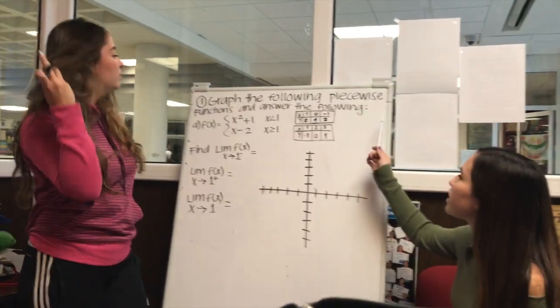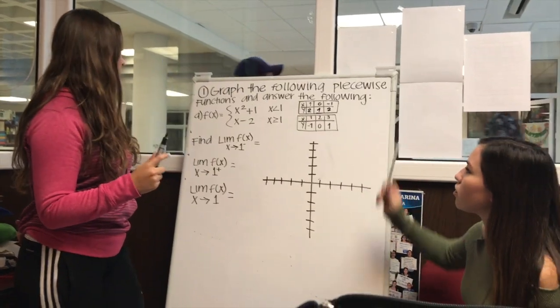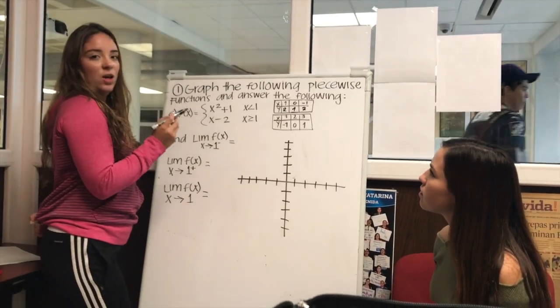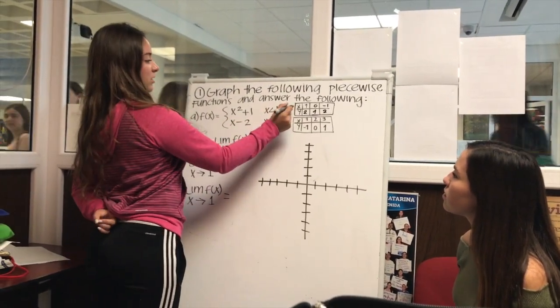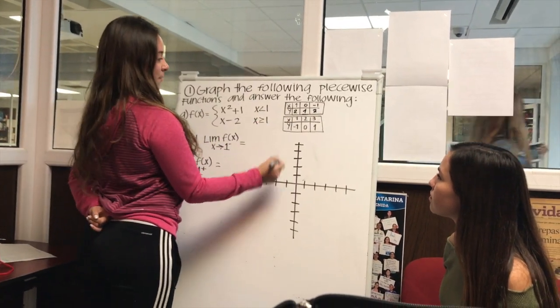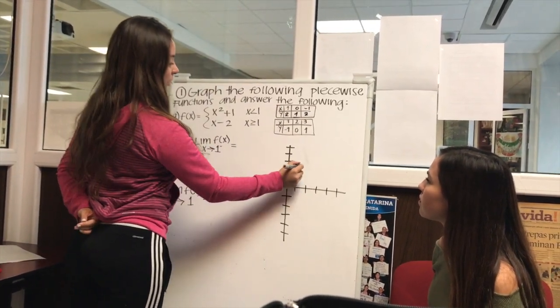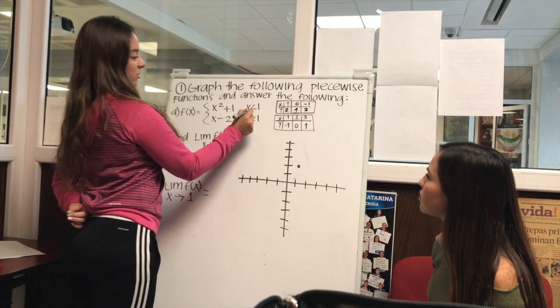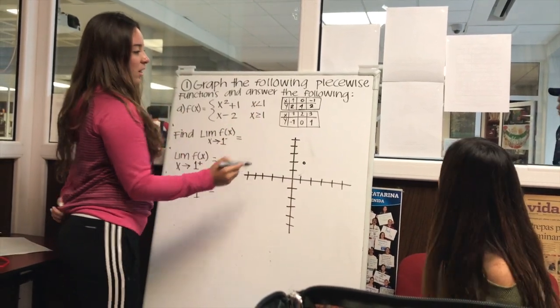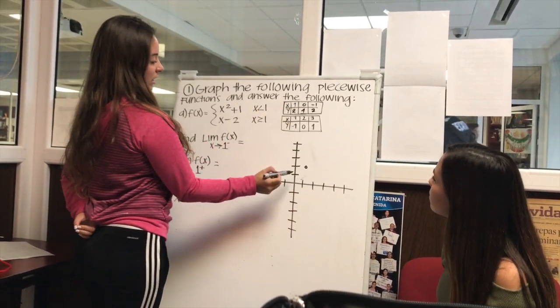Graph the following piecewise functions and answer the following. Okay, to start graphing, we have to substitute the x's to find the y's. So here, this one, with an open dot because it doesn't say. And then the next one is x